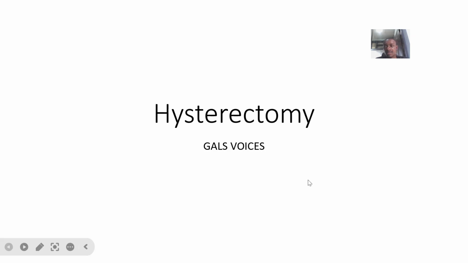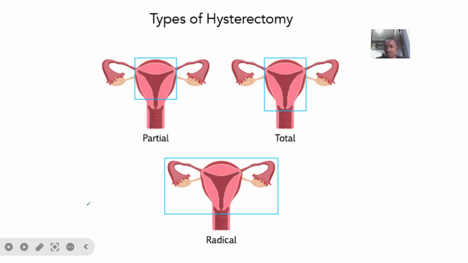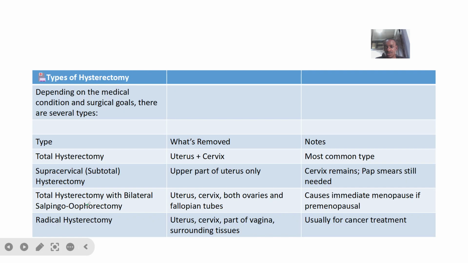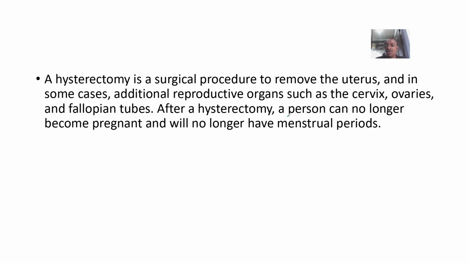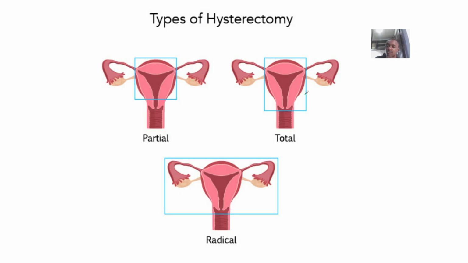So quickly looking at the next surgical procedure, which is done in the pelvis and perineum. This is what is known as what? Hysterectomy. So hysterectomy just simply means what? Surgical removal of the uterus. So if you are coming here, this is the uterus, this is the cervix around